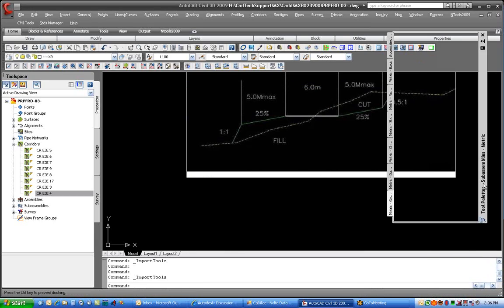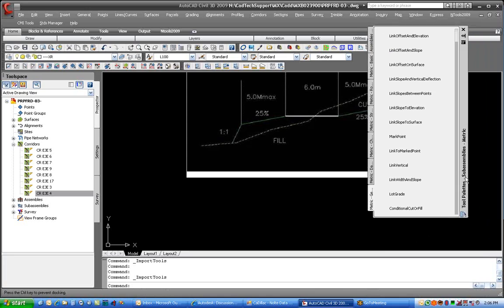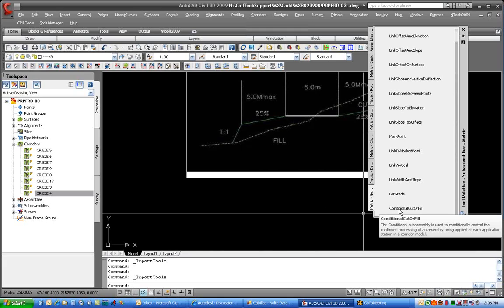All right. For some reason, when I bring it over into the GoToMeeting screen here, my icons, my buttons disappear. When I pull it onto my other monitor they show up, but for some reason they don't show up here. But we do get this conditional cut or fill